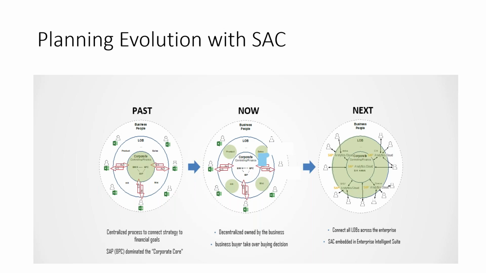It means no one has any coordination. All three units work in different ways, and no one understands how another unit is working. At least now with embedded BPC with S4HANA in place, the LOBs, planners and the technical team are working in one place. But next, we have SAP Analytics Cloud with S4HANA.